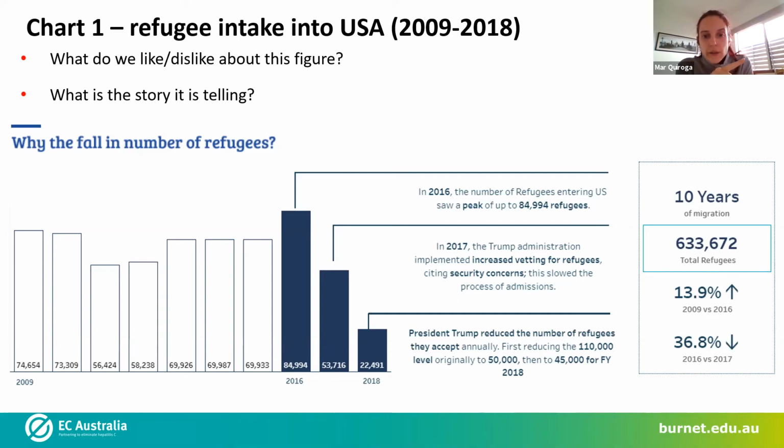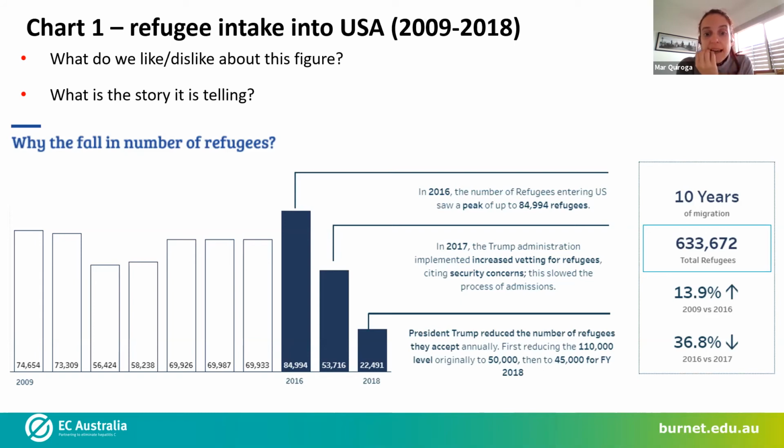I really like the use of the messaging to explain what it is that we're meant to be seeing in the differences between each of these bars. And the use of bolding also in those very short sentences explaining what's happening at the time that these things are being measured. So it makes it quite easy to see that there's been a really sharp decline in those last 3 years compared to what was going on before. Yeah, I think those are the things I like the most about it.